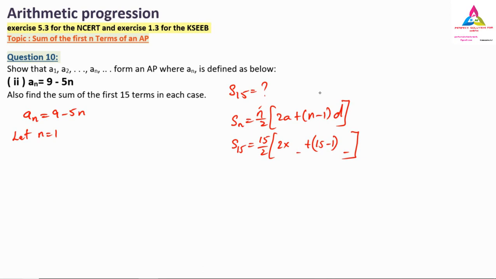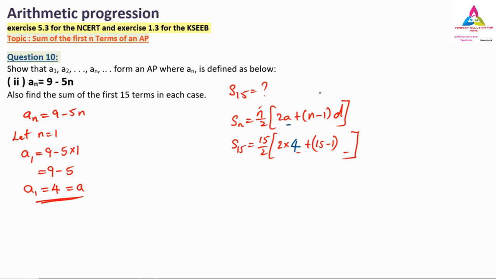So let n is equal to 1. Now n is equal to 1 means a1 is equal to 9 minus 5 into 1. The n value is 1. So 9 minus 5 into 1 is 5, and 9 minus 5 is nothing but 4. So the a1 value is 4. Understood? So a1 is 4, that is the a value. Is it easy? Yes. So now I can write down that a value over here in the position of a. Here in the a position I have written 4.